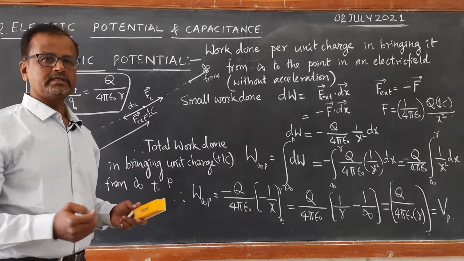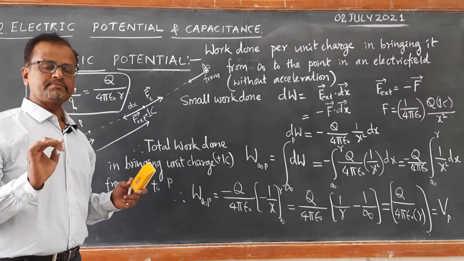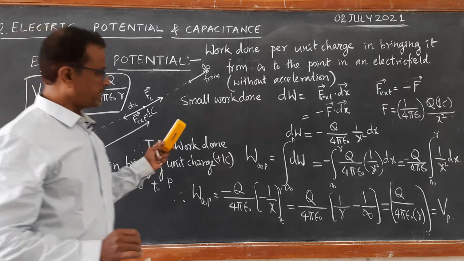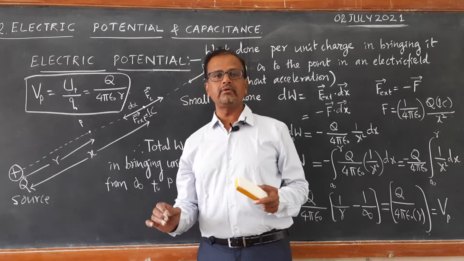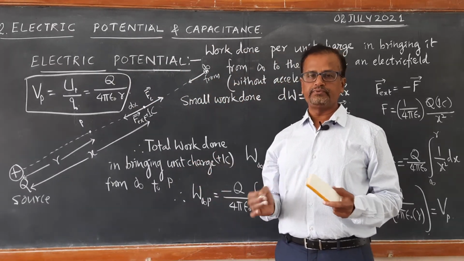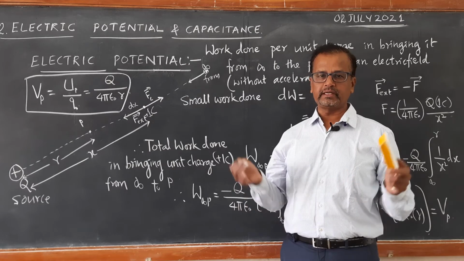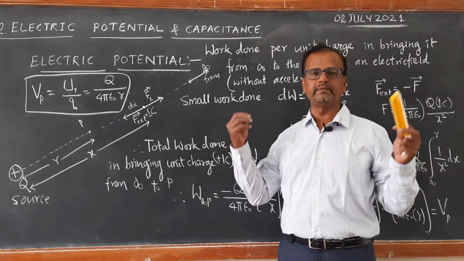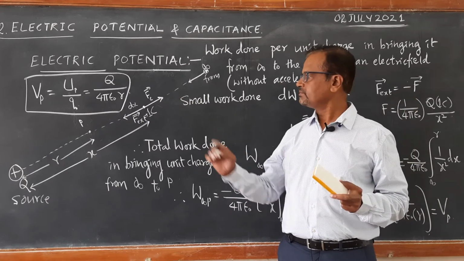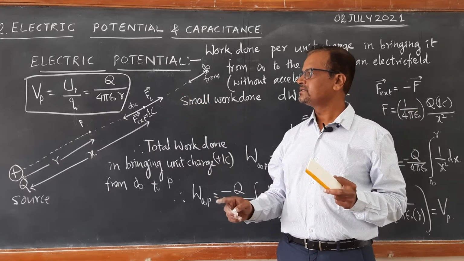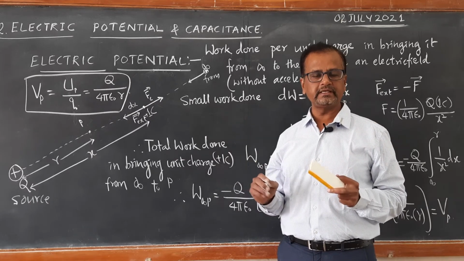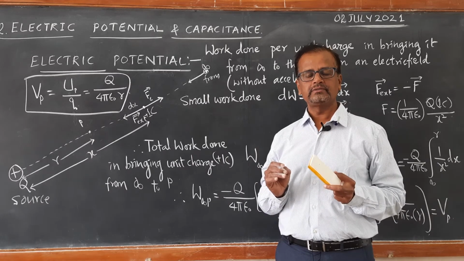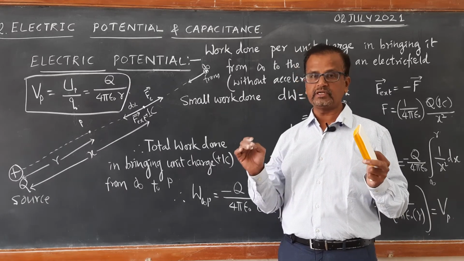So potential at a point is also defined as potential energy per unit charge. So the potential at a point is always about per unit charge. If you want to calculate potential energy at that particular point, just multiply it by charge. So if you multiply it by charge, then you get potential energy at that point. Okay, that is the meaning of potential energy and potential at a point.